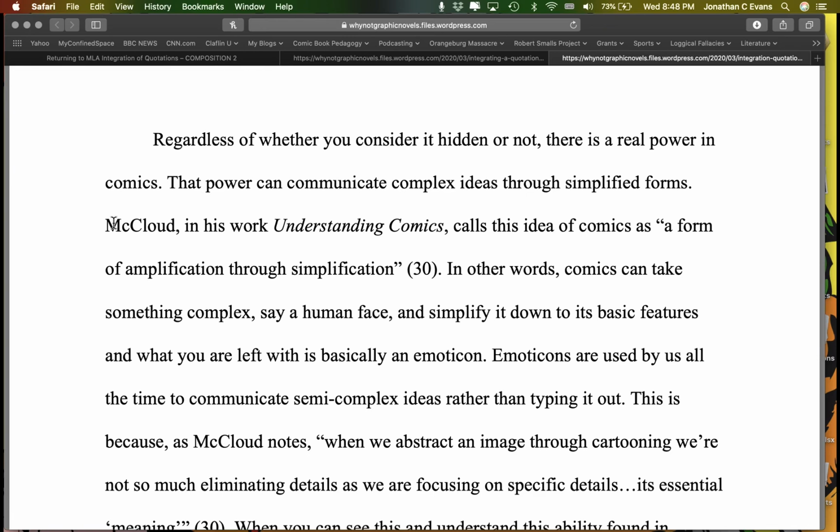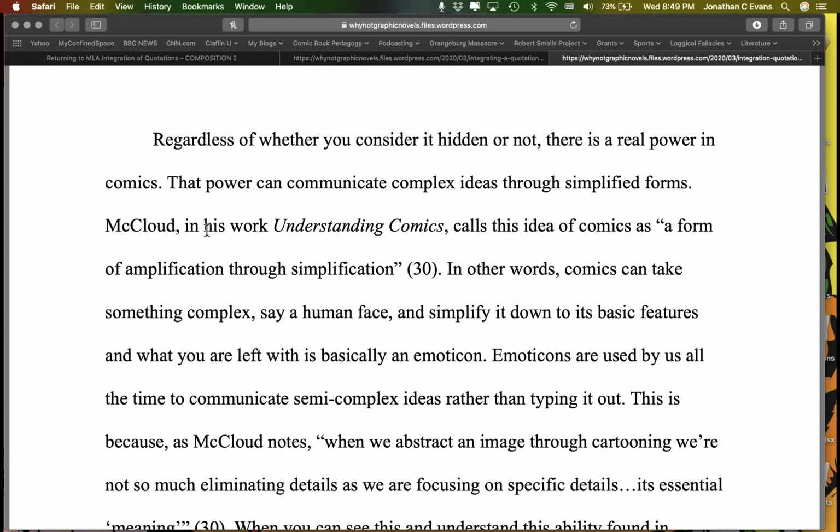The next sentence here: McCloud, in his work Understanding Comics, calls this idea of comics as a form of amplification through simplification. So quick note here. I want to point out some details. I've introduced it. Ideally, I probably could have put Scott McCloud, given the author's full name. And if I wanted to be even more precise, if you think about the Bordeaux example, this would be a good point where maybe I introduce who Scott McCloud is if I have not used him already. What I'm doing here is presuming that I may have already mentioned him previously in the work, because I have not used his first name. Typically, when you introduce an author or something the first time, it's really good to present this with their full name, give us a full workup introduction of them.